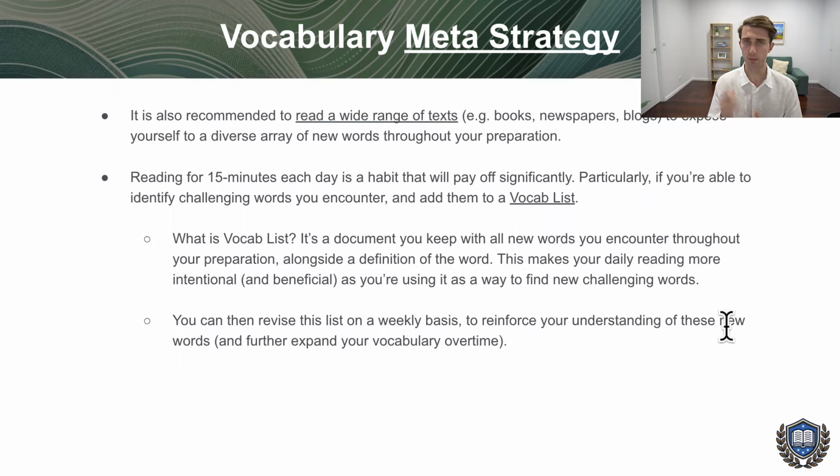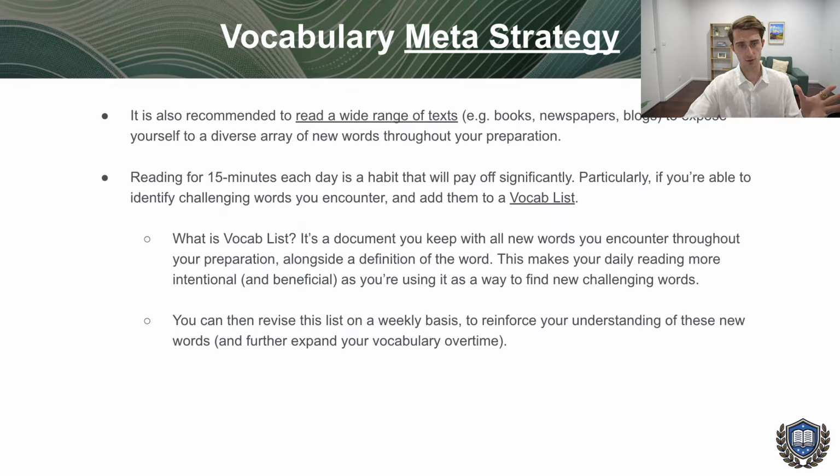And so improving your vocab, it's super easy. You really don't need to do anything overly extraordinary to improve your vocab. Even just reading things online, newspapers, books, articles, anything you can. And whenever you see a word that you don't know, noting it down into your vocab list, coming back and revising that vocab list regularly, that's going to do the trick. You're going to improve your vocab heaps just by doing that. So that's probably the easiest possible way to improve your vocab, is just reading regularly and widely. As soon as you see a word you don't know, add it to the list and then revise that list. Your vocab's going to improve by heaps.